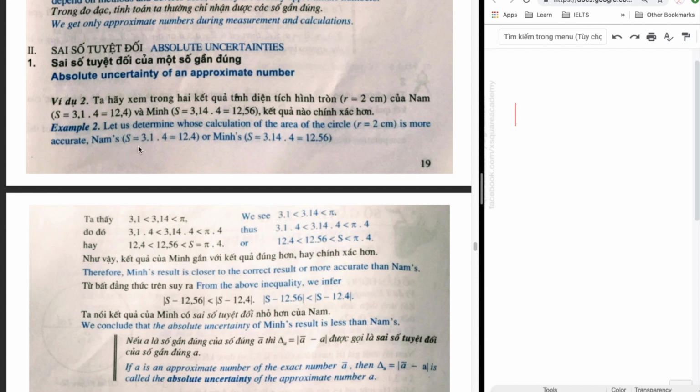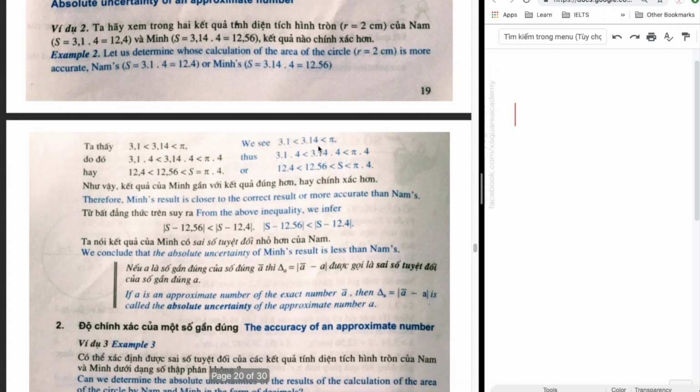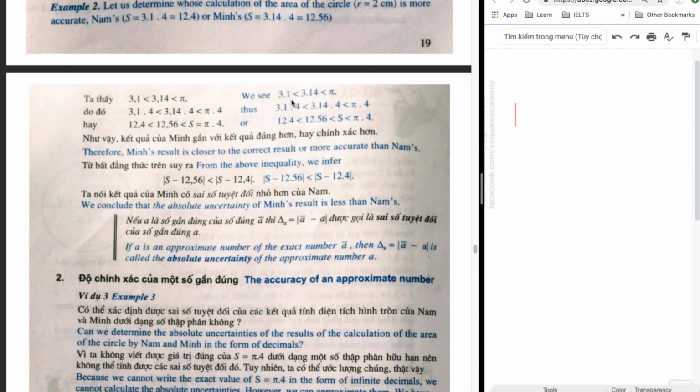Nam's S equals 3.1 times 4 equals 12.4, or Minh's S equals 3.14 times 4 equals 12.56. We see 3.1 is less than 3.14 and 3.14 is less than pi. Thus,